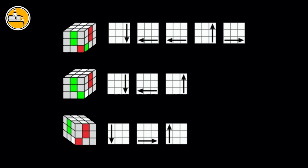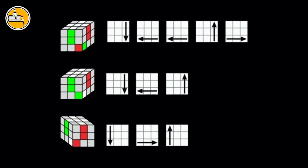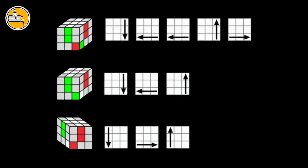Step 2, the corners. Keep white on top. Put the green centerpiece in front, facing you. Find the green/white/red corner, it has 3 colors, and place it in one of the positions without disturbing the white